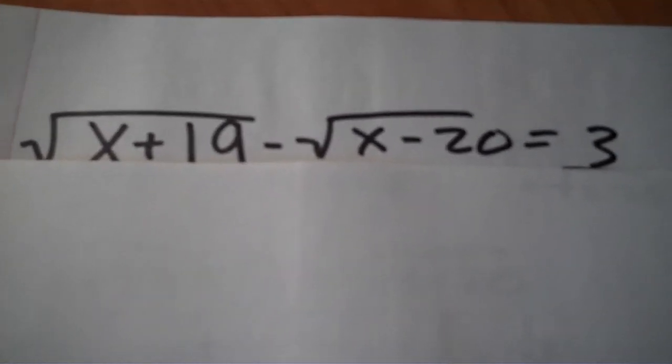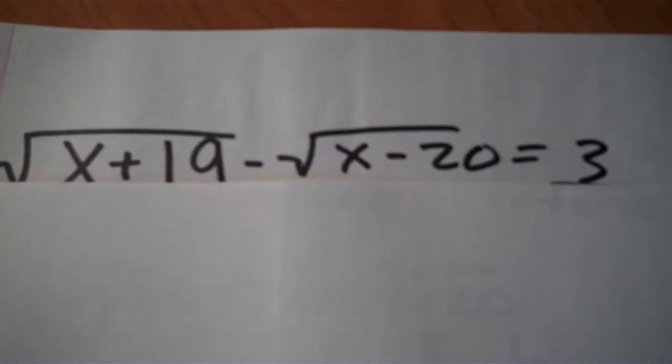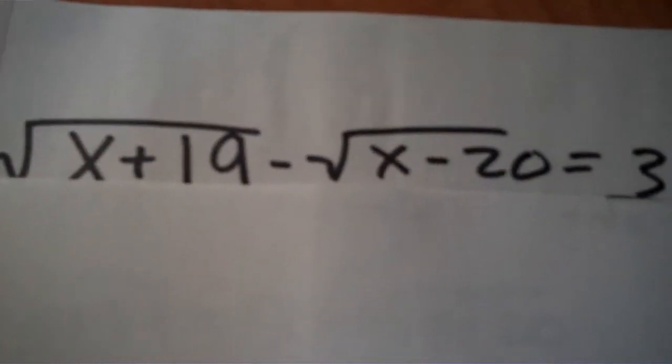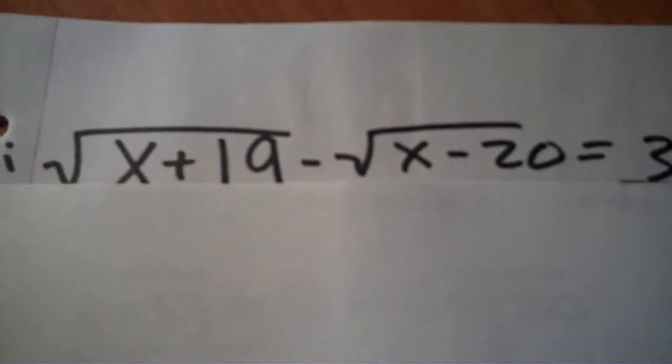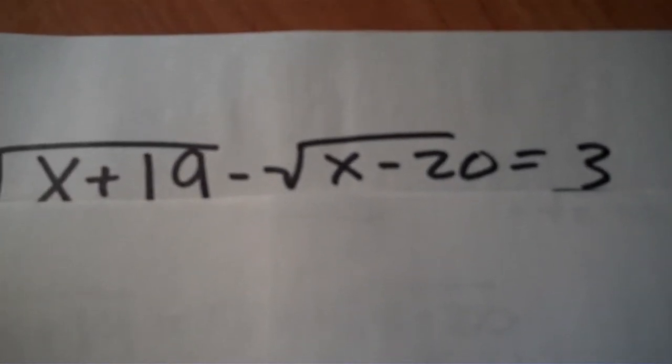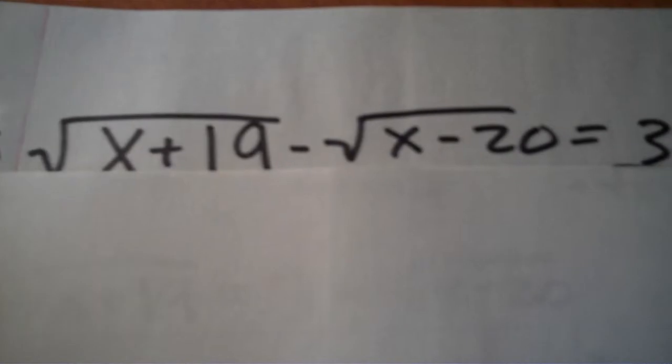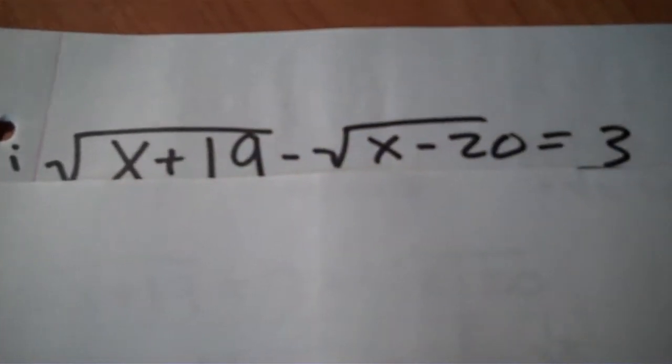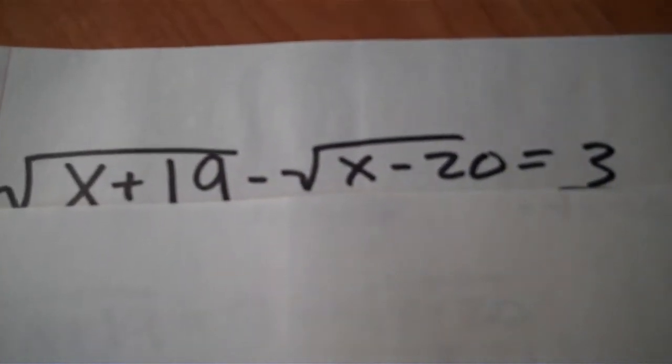Today I'm going to be solving a double radical equation. So this is the problem we have. We have the square root of x plus 19 minus the square root of x minus 20 is equal to 3. So the first thing you have to do when you have two radicals in an equation is you have